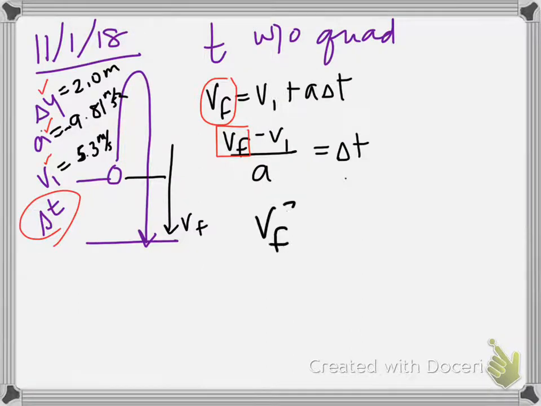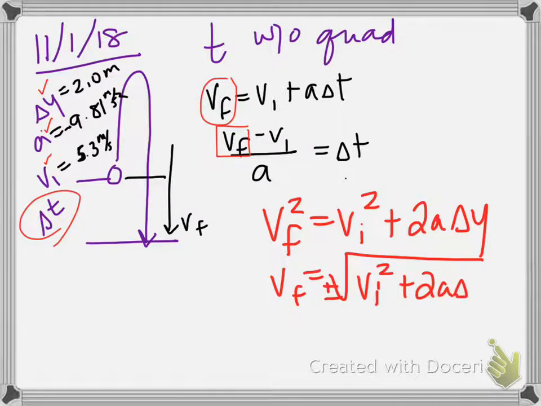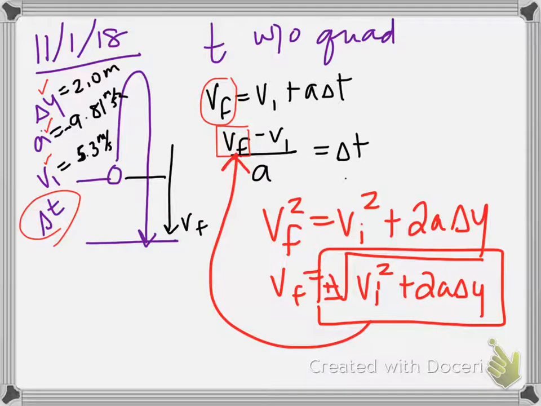Well, VF squared equals VI squared plus 2A delta Y. So VF equals plus or minus the square root of VI squared plus 2A delta Y, which means we can take this whole thing and jam it sideways into that equation,